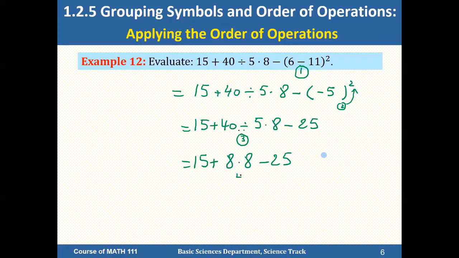Multiplication. نضرب هنا. Plus 8 times 8, 64 minus 25. من بعد left to right, addition 79, and finally we get 54. اوكي